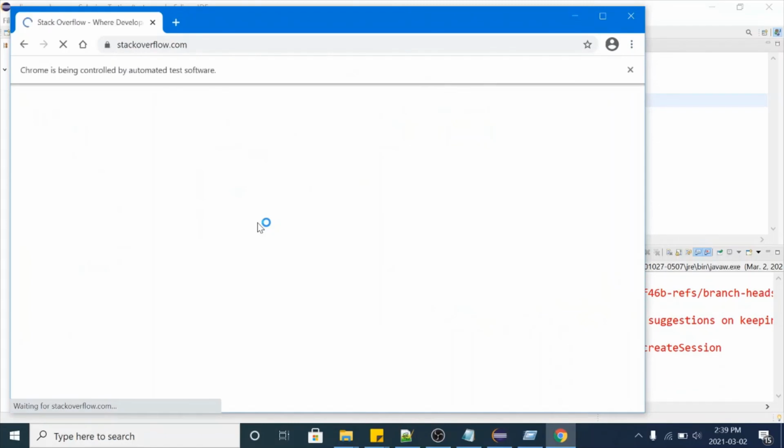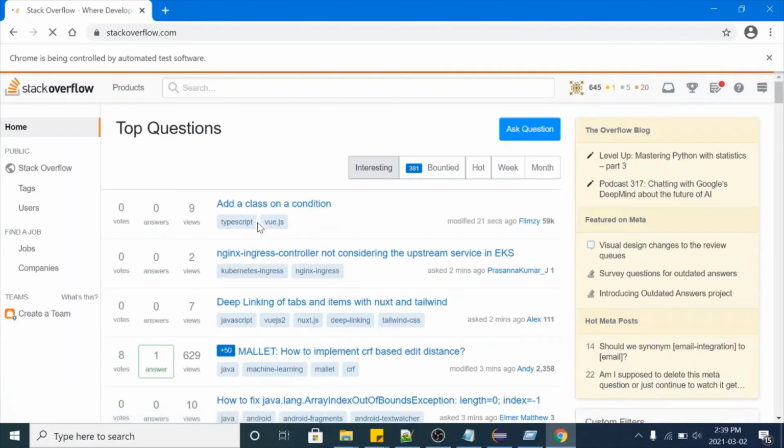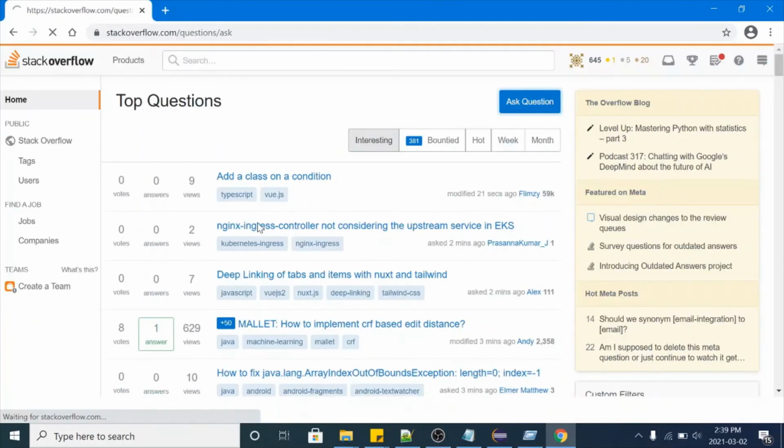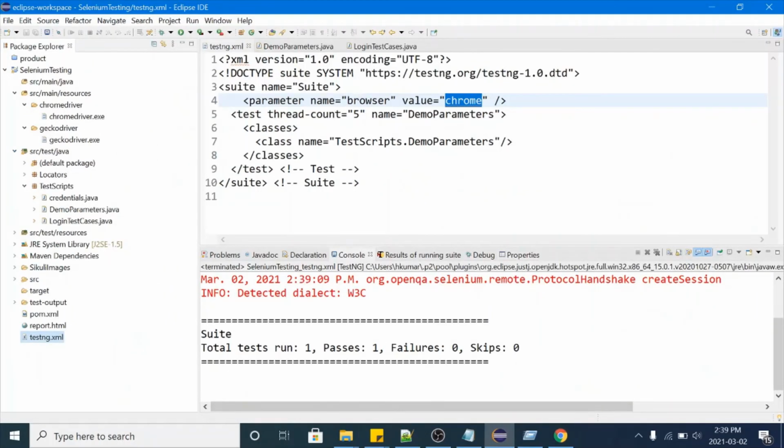Have a look, it's launching Chrome browser and performing login on Chrome browser. So it successfully launched Chrome browser and performed login on stackoverflow.com.